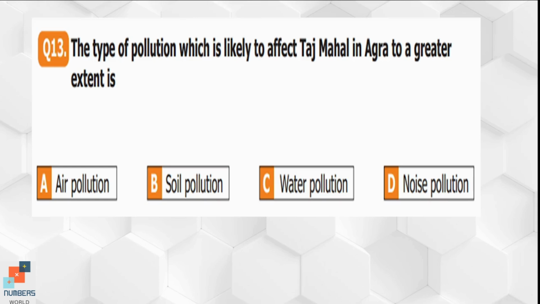So, if we talk about air pollution, it can damage buildings by causing surfaces to become dirty and discolored. And pollutants like acid rain can weaken the materials of the buildings like raw stones, metal, and paint. So we can say that the type of pollution that can affect a building to a greater extent is air pollution. Because soil pollution, water pollution, and noise pollution will not have that much impact on the building's destruction.